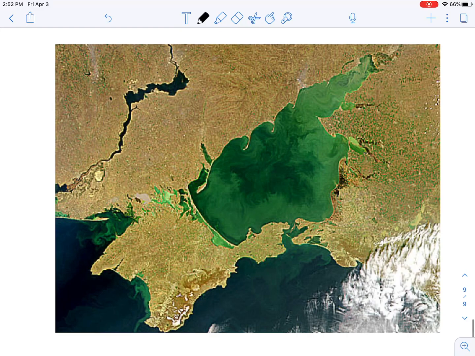All right. So here is another picture of eutrophication, and I forget which sea this is, the Black Sea or one of those Balkans or whatever. Baltic? Yeah. Okay. Anyway, you can see the eutrophication that's happening. You can see that algae bloom that's going on there. Okay, that's eutrophication. So we've kind of hinted around it, talked about it nearly the whole semester, and now finally, hopefully, you can understand exactly